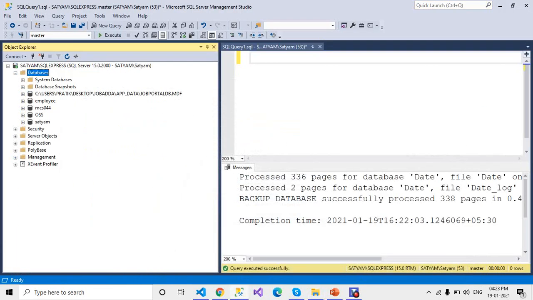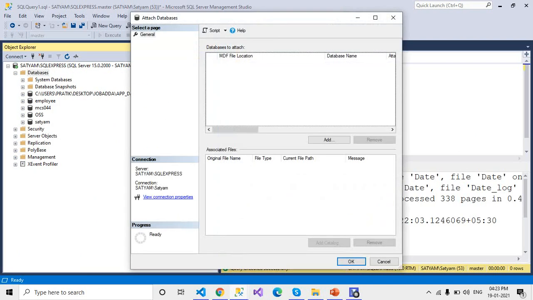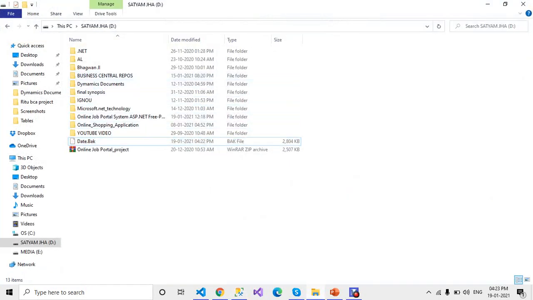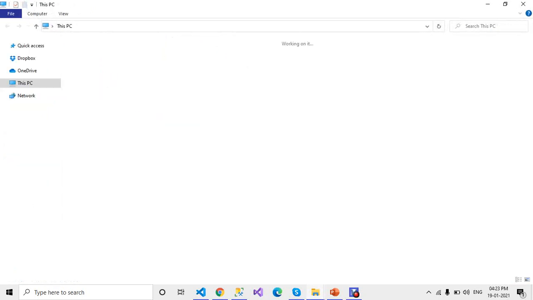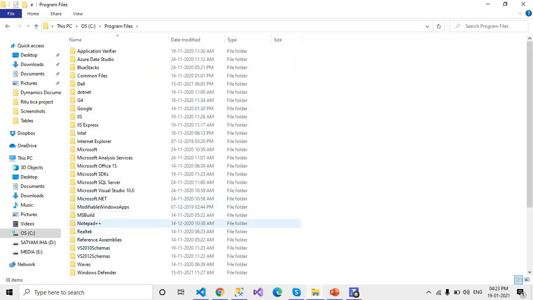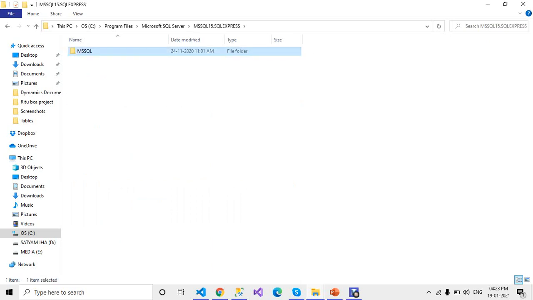It's a very easy process. You just right-click on the database and go to Attach. But before this, cut this file, go to the C drive where your MS SQL is installed, Program Files, SQL Server, MS SQL.